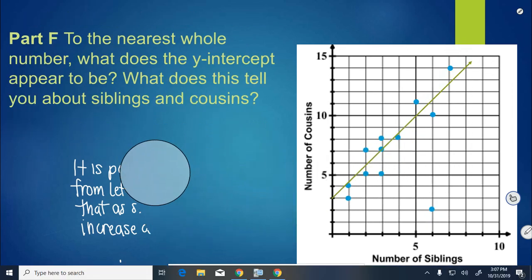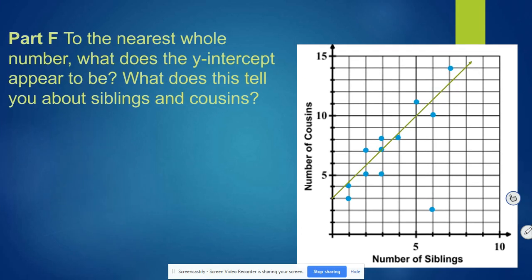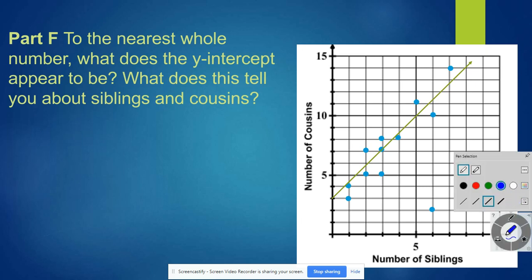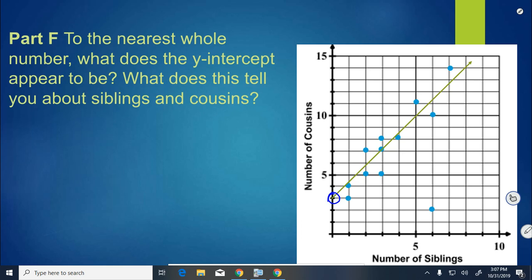So now I have the same graph with the line of best fit drawn in already. Part F, to the nearest whole number, what does the y-intercept appear to be? And what does this tell us about the siblings and cousins? So our y-intercept, again, is the point where we cross the y-axis right here. And in this case, it's 3. So what does that mean about siblings and cousins? So since the y-intercept is 3,